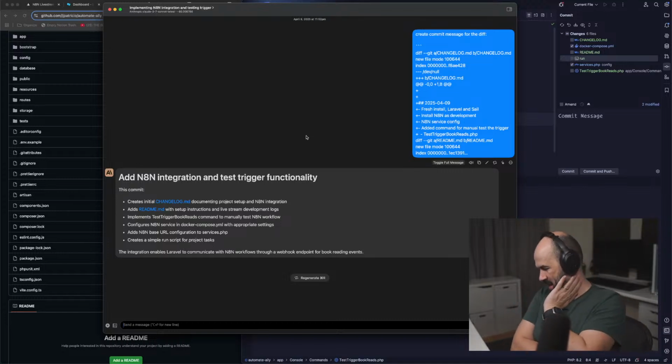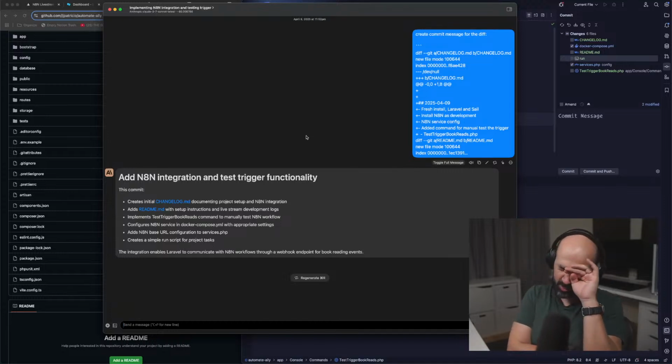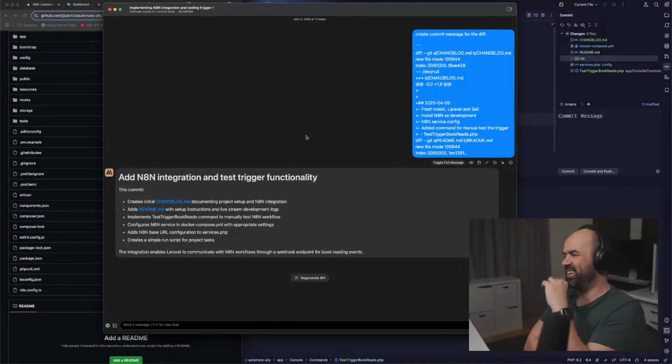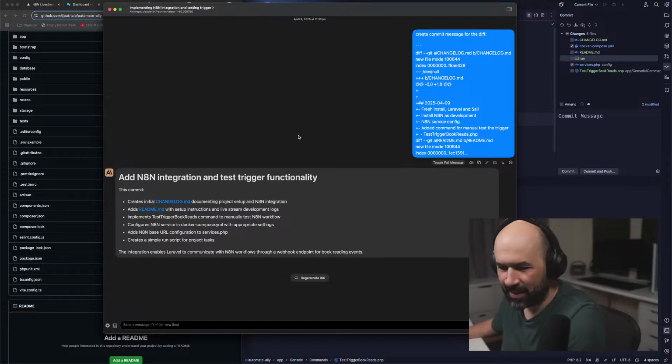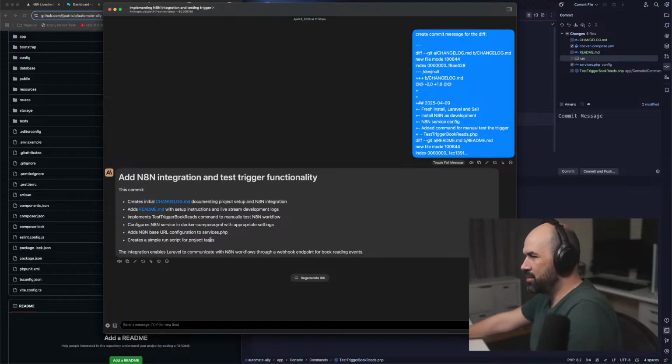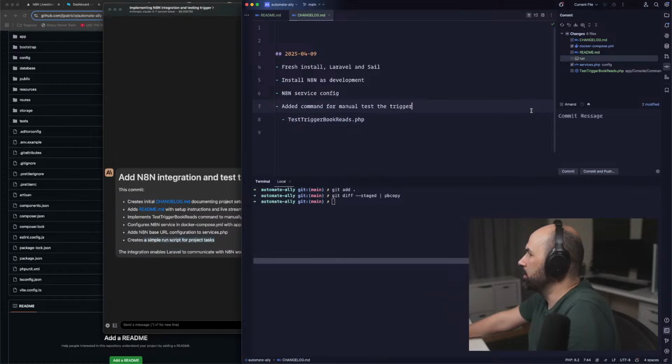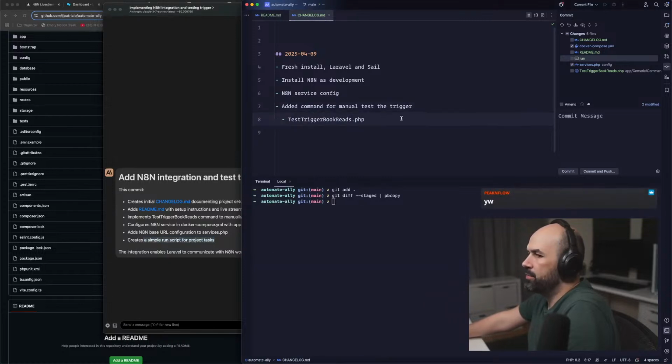I'm overthinking. I wanted to make a command that does it all. Yeah, git diff staged. That's it. Perfect. Creates a simple run script for project tasks. Right, it's empty for now, but yeah, it was created indeed. So this is fantastic.